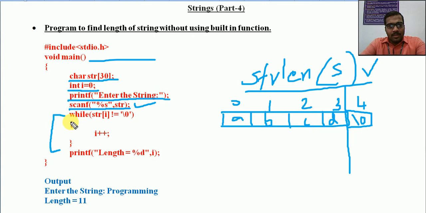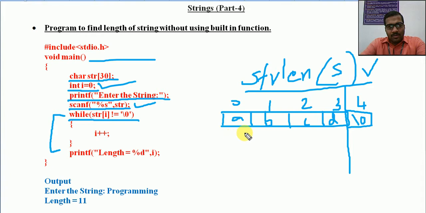Similarly, we check one condition. For this iteration, we are using while str of i. Here str is a character array with index value i starting from 0. So I am setting a condition: while str[i] is not equal to \0.